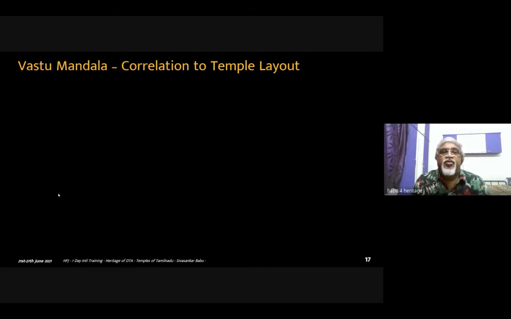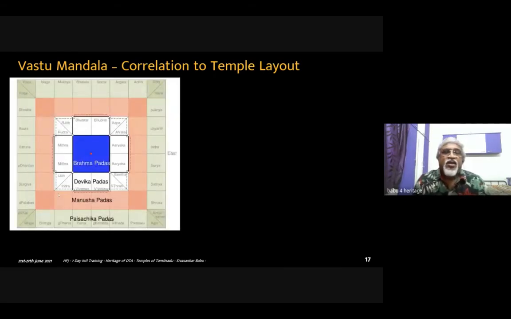Yesterday, in the class and the day before, somebody was asking about Vastu Mandala and how it is. So, I am just giving a minute on this. Vastu Mandala is a spiritual concept of Vastu Purusha residing in a particular place. And he has got characters, and then he has got attributes to various directions. So, accordingly, they either put 1 square, 4 square, 2 by 2, or 3 by 3 kind of a square. And the most normally used grid for temples is the 8 by 8, 64 square.